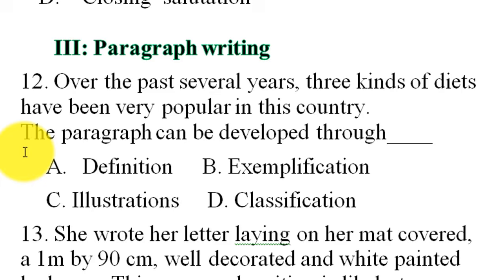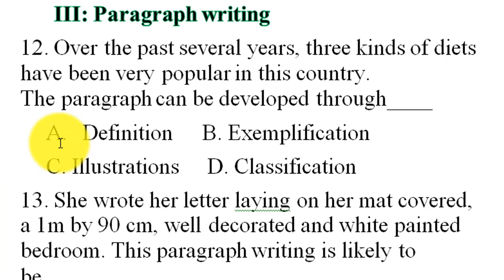The other kind of writing is paragraph writing, one of the four types of paragraph writing, so you have to look at it carefully. What's descriptive, what's argumentative, what's expository, and what's narrative. Second, very important are the methods of paragraph writing: comparison and contrast, illustration, process, classification, exemplification, cause and effect. You have to look at these carefully. The third important point is what is topic sentence, what's body of the